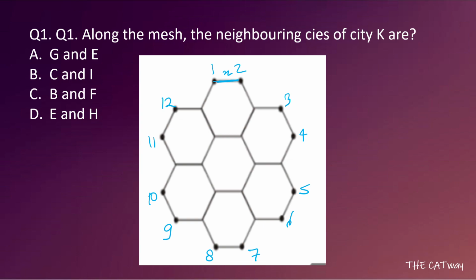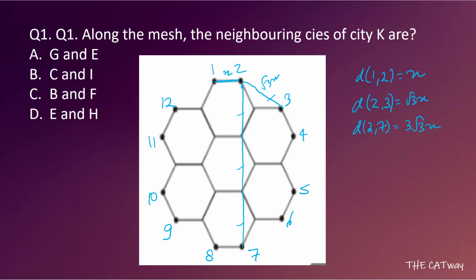Now if this is x, and you know the properties of a hexagon, you can tell that this distance is going to be root 3x. So let's write it down. D1 to 2 is x, D2 to 3 is root 3x. Now talking about 2 and 7, you can see this distance, this distance and this distance. This is the straight line path. If this is root 3x, then this is root 3x, this will also be root 3x and this will also be root 3x. So the distance between 2 and 7 is 3 root 3x.